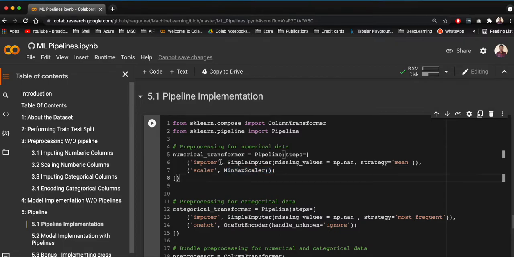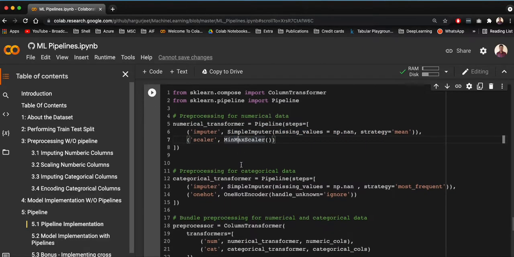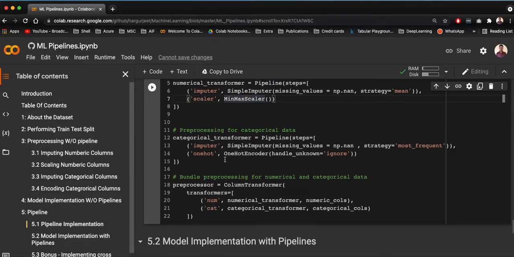And basically, these are the important classes you are calling. So if you call imputer, what imputation you want to do, you have to clearly mention it here. And same way for the min max scaling. For the categorical column as well, we do the same imputation and one hot encoding, and we provide all the details of the techniques which we want to implement.